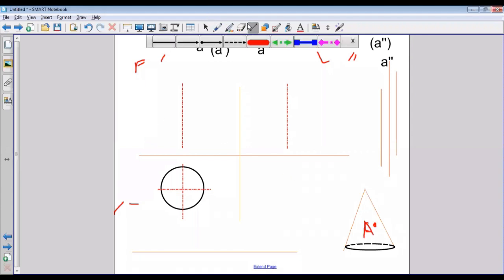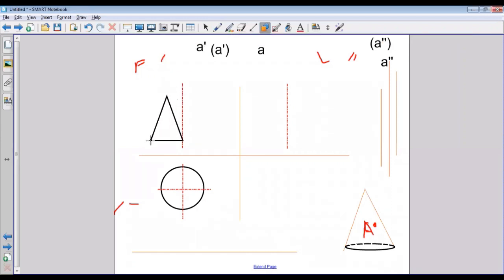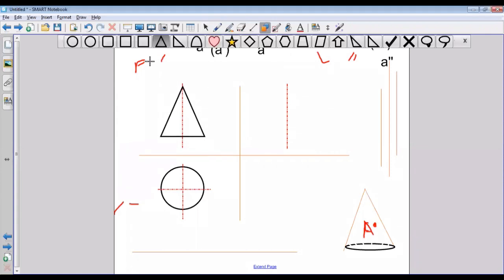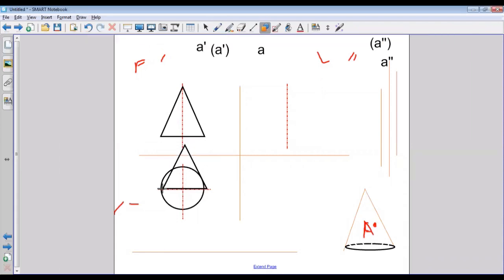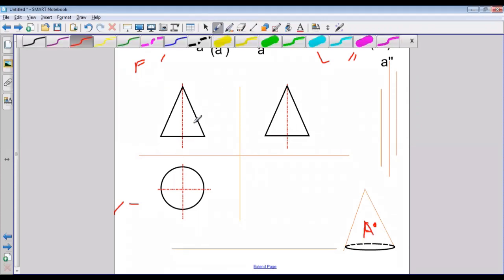So let me draw the cone shape, triangle. Okay, so the A point is somewhere here,